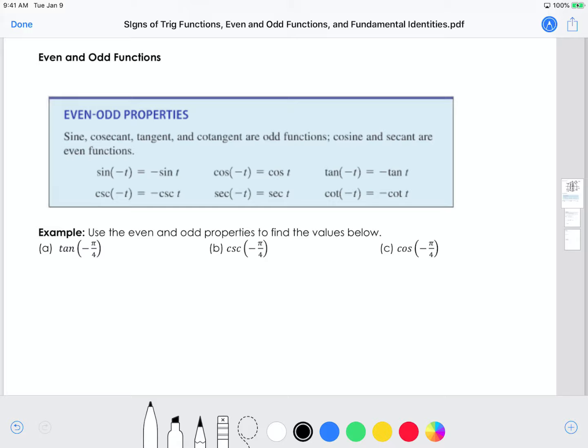In this video, we're going to talk about even and odd functions and even and odd properties of the trig functions. And when you think back to your college algebra class, a function is even if you plug in the opposite sign for your input, but you still get out the same output no matter if you plug in the positive or the negative of that input. So you would get the same output no matter whether you plug in a negative input or a positive input. And this tells us it's symmetric